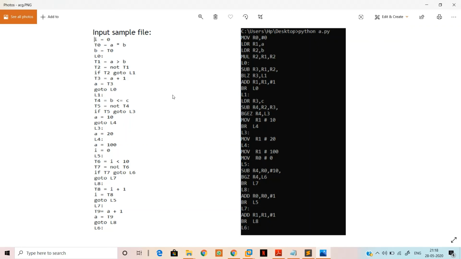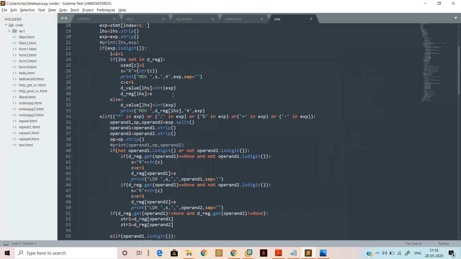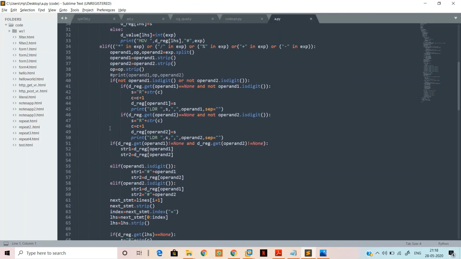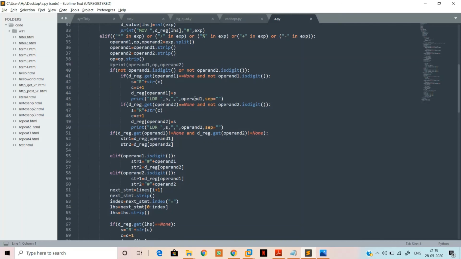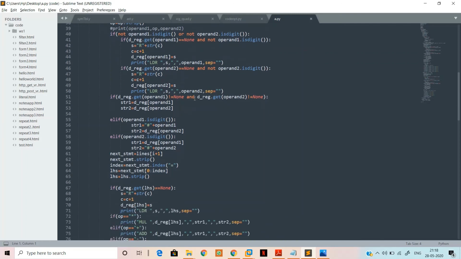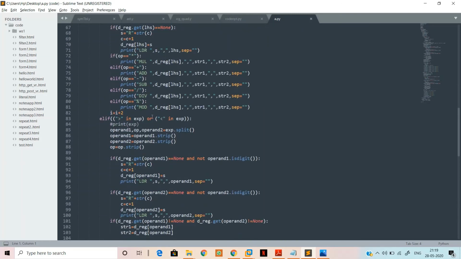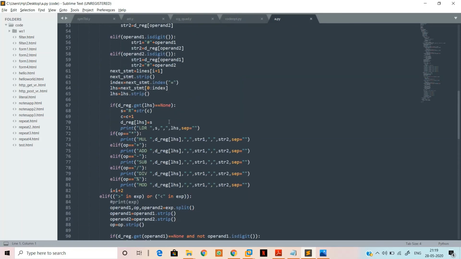In this code, I have i equals i plus 1. As I said, I have differentiated between the mathematical operators and the conditional operators. If you have star, division, modulus, plus and minus, these are the proper mathematical operators. And if you have greater than and less than, I skip i equals i plus 2.